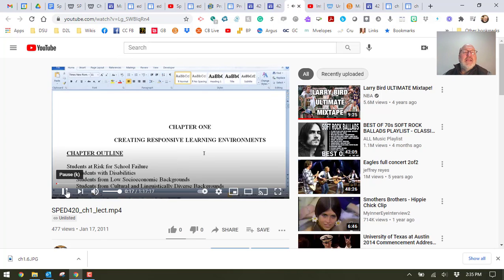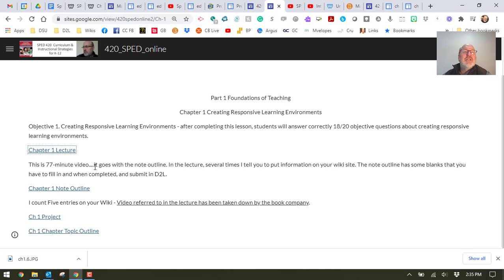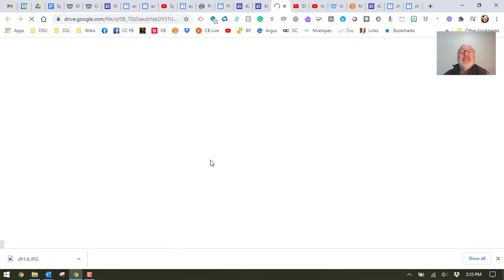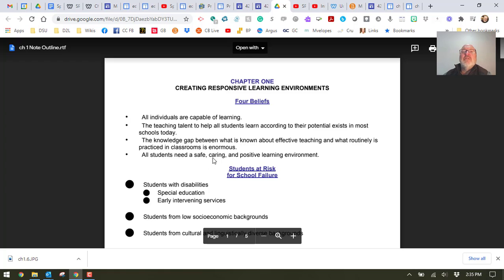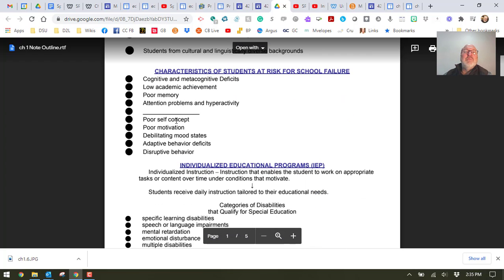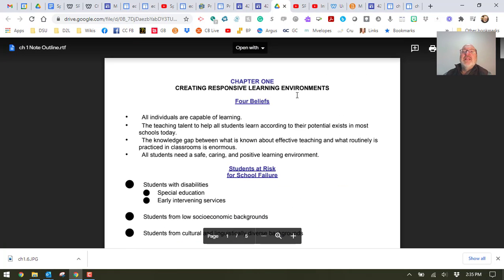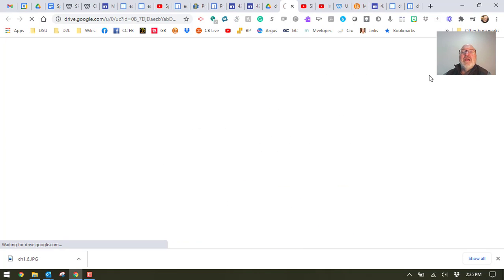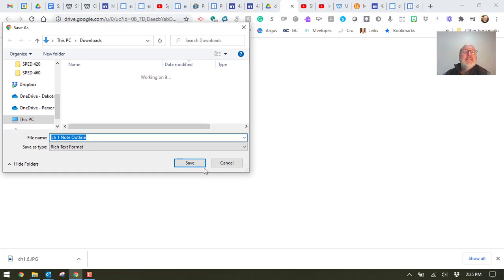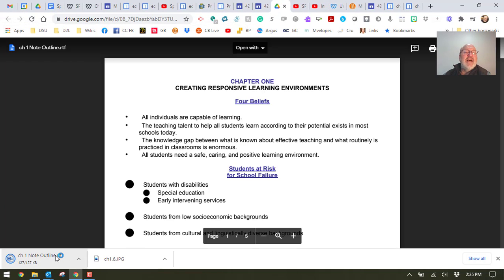And then I go like here. And in there, I will tell you exactly what to do from the lecture. Here's the note outline. And I want you to look at this again. I want you to review this. But these first ones are kind of cryptic in that I have blanks. I learned better with these first ones. You're putting blanks. So when you bring this up, you download right here. And it drops it like this. And now you have it. It looks like a Word document. And you can